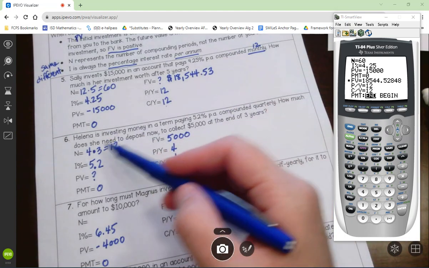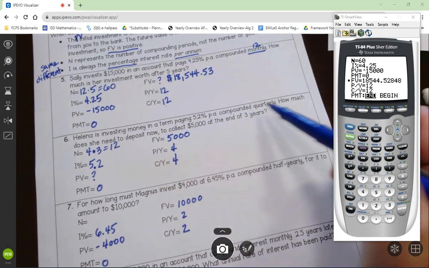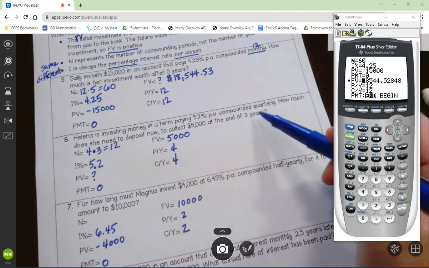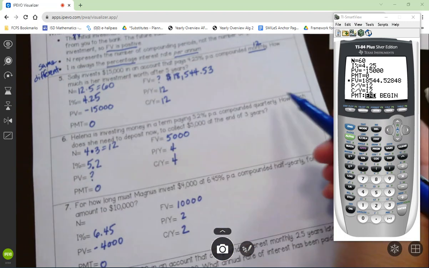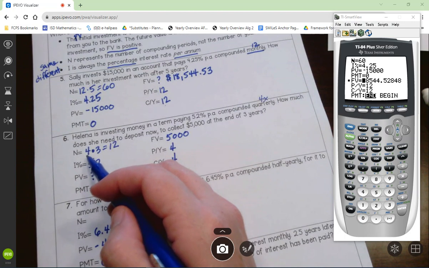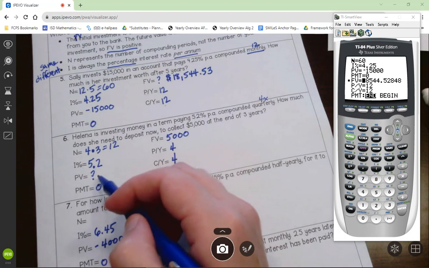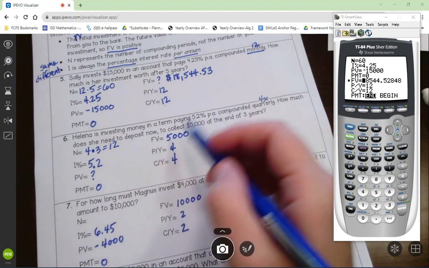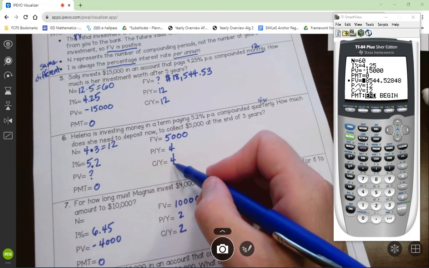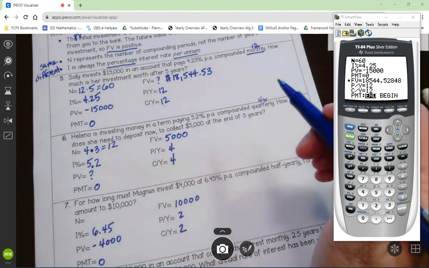Helena is investing money in a term paying 5.2% compounded quarterly. How much does she need to deposit now to collect $5,000 at the end of 3 years? Since it's quarterly, that's 4 times per year. So the number of compounding periods is 4 times the 3 years, so 12. Here's our interest rate. We don't know the starting value, the present value. Payment's still 0. Future value would be 5,000. And because it's 4 compounding periods per year, we're putting 4 payments per year, even though they're 0. So when you put that in,